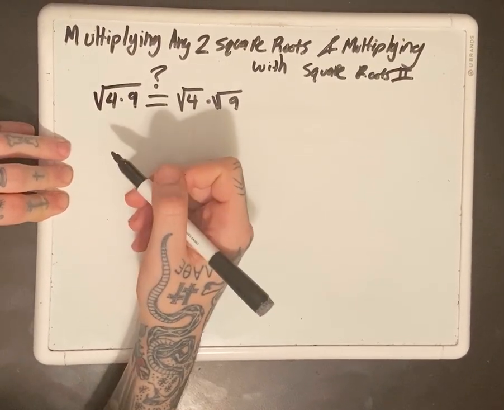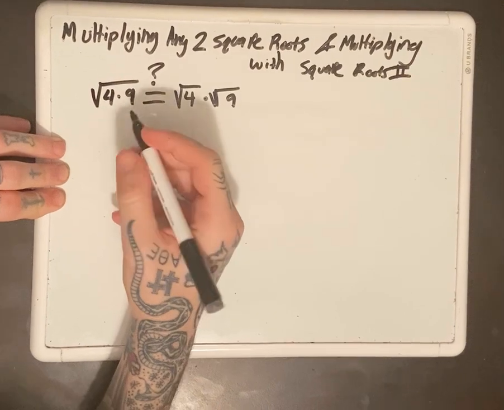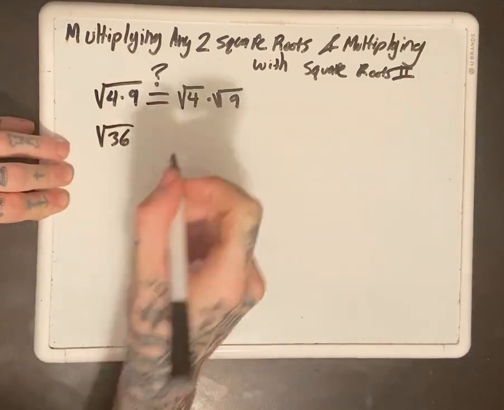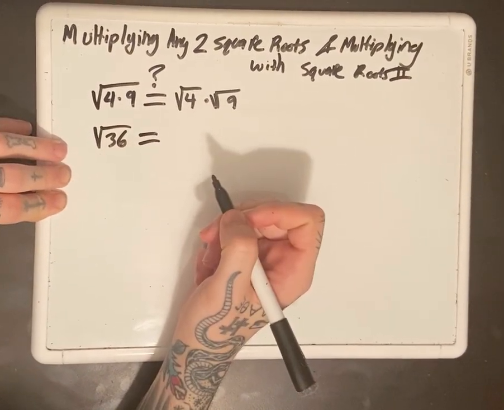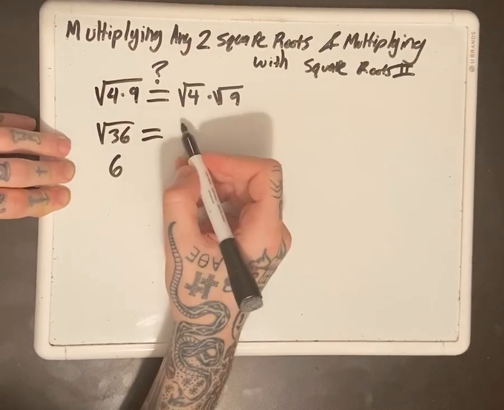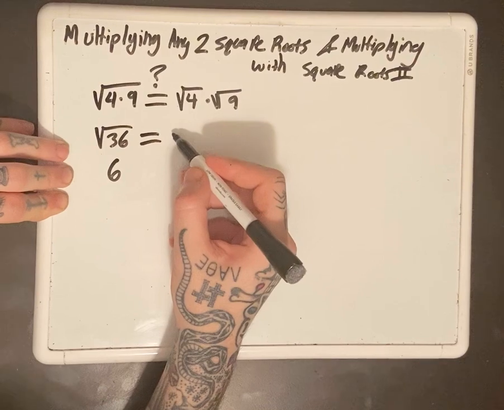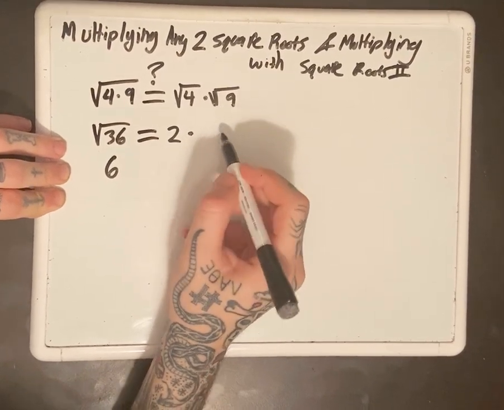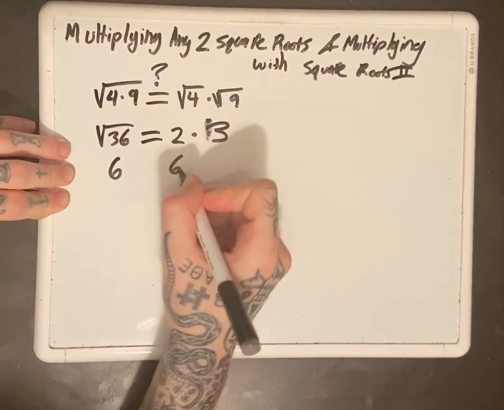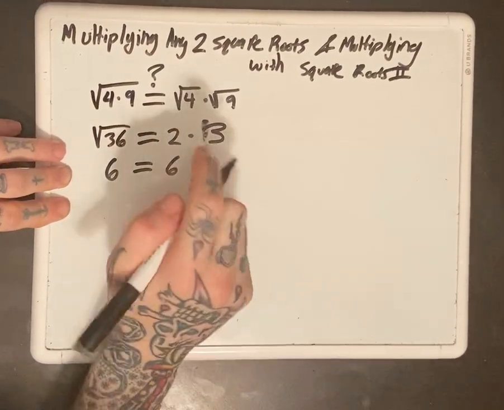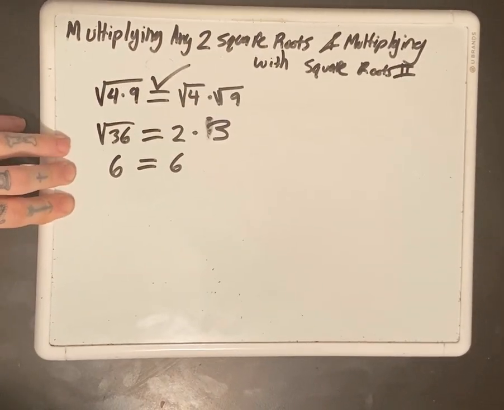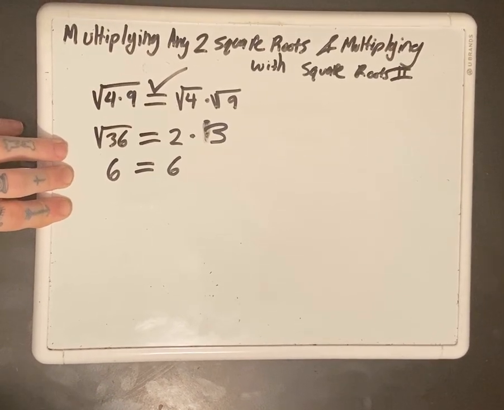So what is 4 times 9? So we get 36. And then square root of 36 is 6. And on this side, square root of 4 is 2. Square root of 9 is 3. So we get 6. So they are in fact equal. We can say that they are equal. So